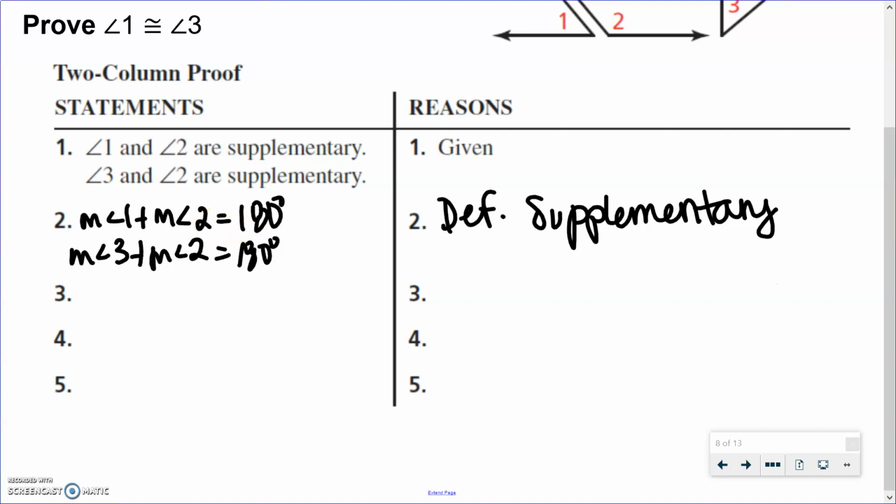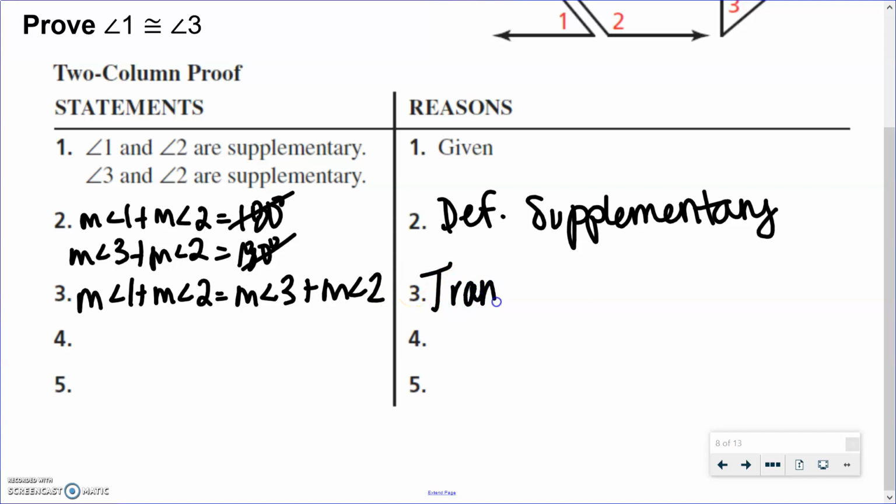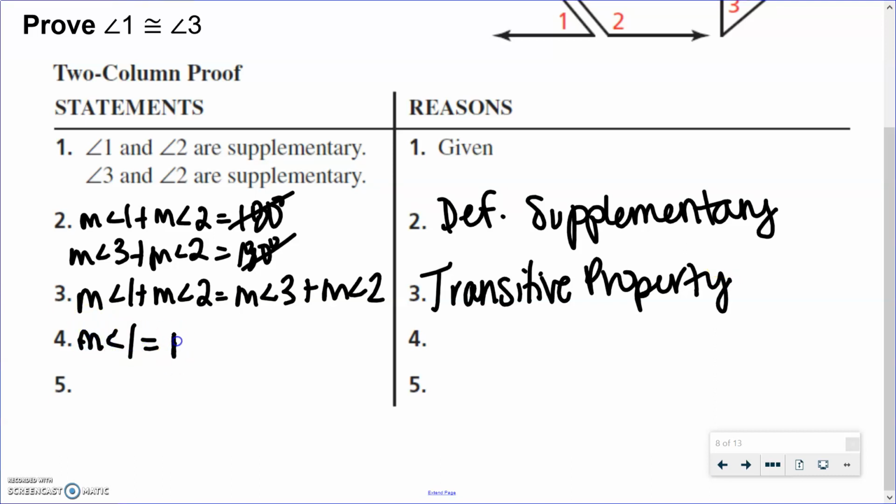Okay, then we're going to take out these 180s and we're going to say that the measure of angle 1 plus the measure of angle 2 equals the measure of angle 3 plus the measure of angle 2, and that is the transitive property. Then we're going to come down here, take away the measure of angle 2 from both sides, and get that the measure of angle 1 is equal to the measure of angle 3. Okay, and that's the subtraction